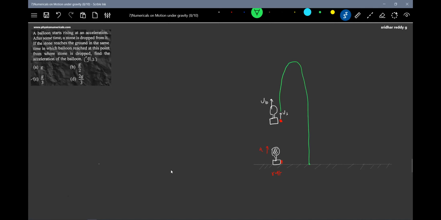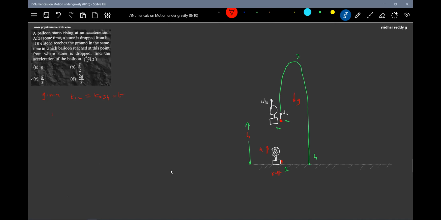So let's do one thing. 1, 2. What time does the balloon take? Okay, this is 2, 3, 4. T12 should be equal to T234. It has risen a certain height h. So what is the primary information given for us? The information given is T12 is equal to T234. Let me call this as T. Find the acceleration of the balloon. The balloon is going to accelerate, and this acceleration has to be determined.